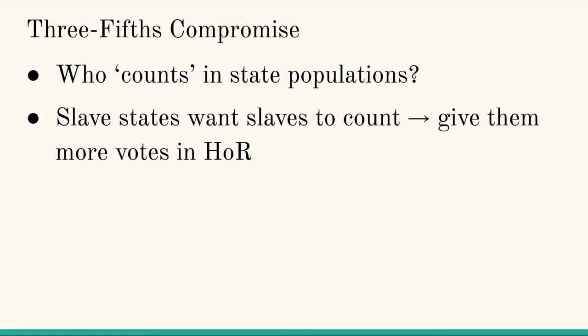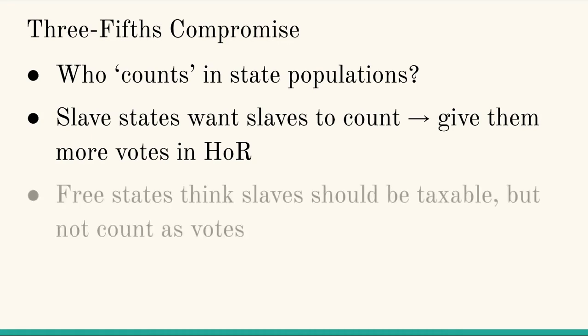Okay. So if I'm a slaveholding state, I want to count slaves towards that total number. If I'm from a free state, I'm not going to like that idea at all, right? Because I think it's going to kind of cheat the system. They're going to be counted as a person just to get more Congress votes, but not as a person in any other way. They're going to be treated as property, right? Something that is taxable, something that's a way to make money. If I'm from a free state, I don't like that plan. I think it's cheating the system and it's cheating me out of congressional votes. Potentially making my congressional vote in the House of Representatives not worth as much.